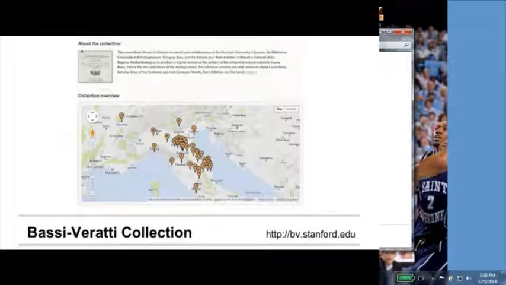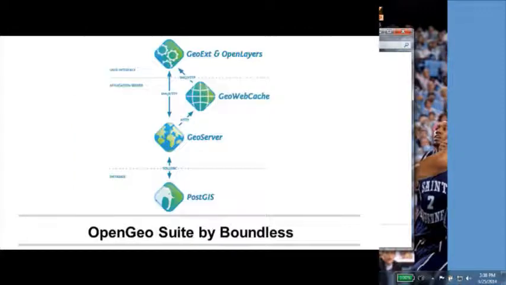And this is just another example of a collection-specific discovery interface. This is the Bossi Varati site where each manuscript, each letter is sort of tagged with a place on the map.